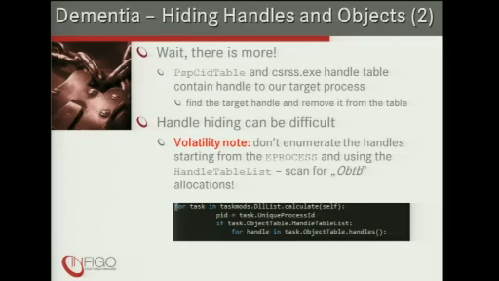Your malicious process would not be able to open any objects or close them, at least using Windows mechanisms. You could write your own handle engine or something like that. But your process would still run, and the code would still work. So maybe a better solution for Volatility is to write a plugin that does not traverse the handle table list, but scans for OBTB allocations instead, like they do for process allocations, thread allocations, and some other objects.